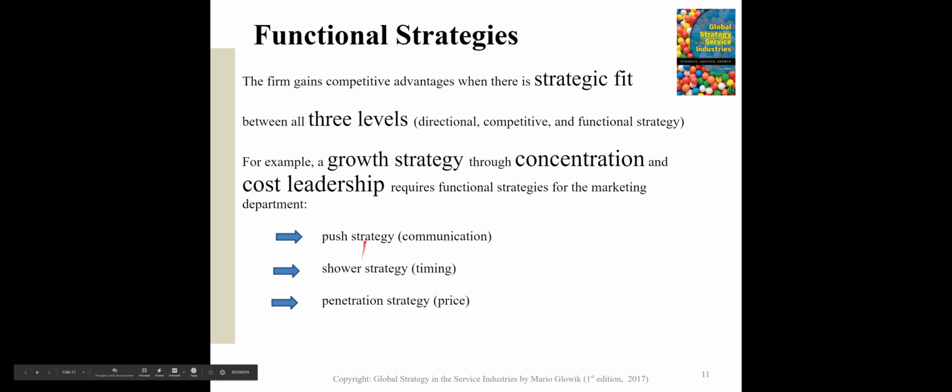Okay, having the above in mind, the aim is to gain competitive advantage. And competitive advantage is reached when there's a strategic fit developed by the management between all three levels, that means directional, competitive, and functional level. So that is the reason why some firms perform better in terms of sales and profits, and why other firms which do not develop the strategic fit between all three levels